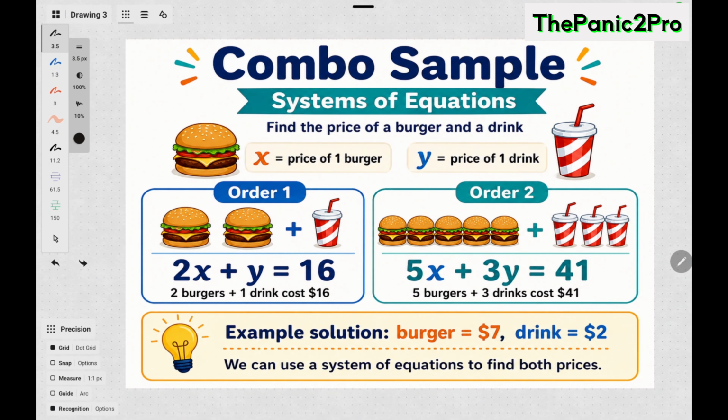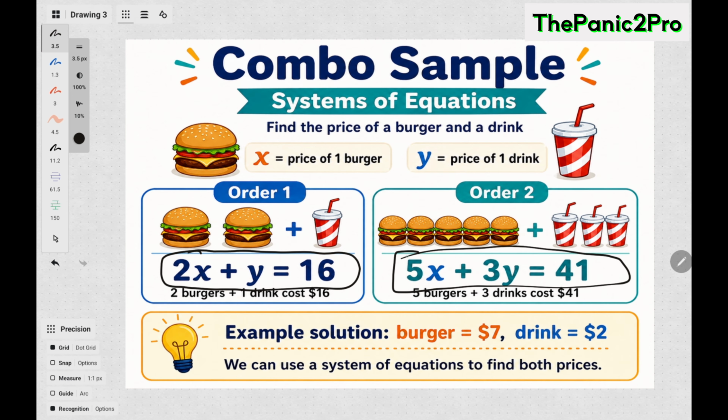Hello everyone. Today we are going to talk about how to solve a system of equations, like having equation 1 and equation 2, how we can solve them both together, and how we can use them. In an example, let's say you want to get a combo of two burgers with a drink,